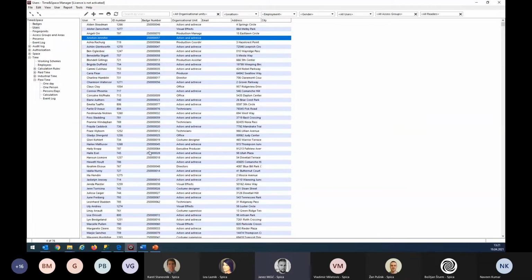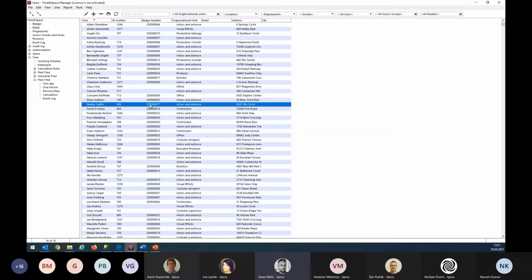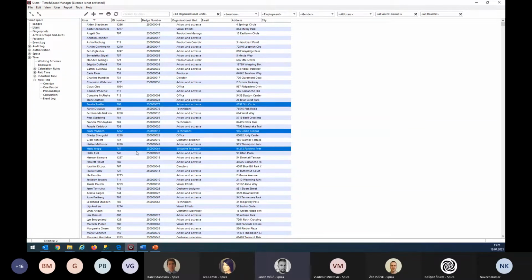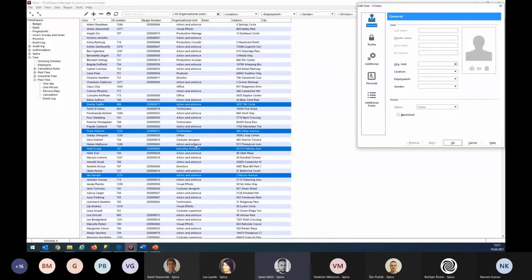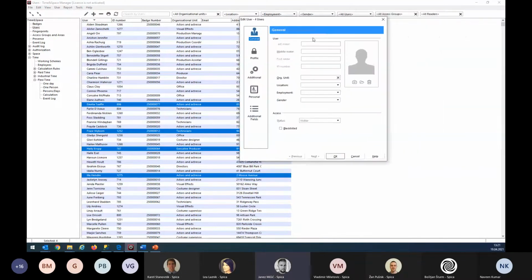You can also edit multiple users. Choose them by holding, again, the Control key on your keyboard and left-clicking them at the same time. When all users are selected, click the pencil button. This will open the user window where you can edit a standard user,